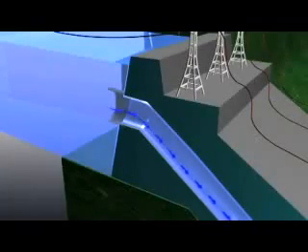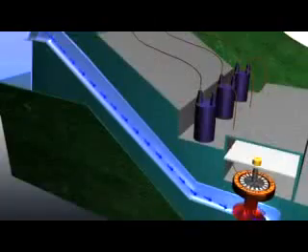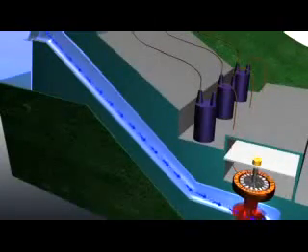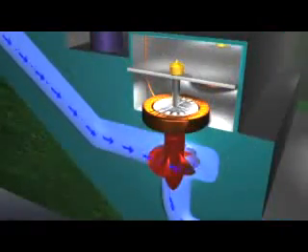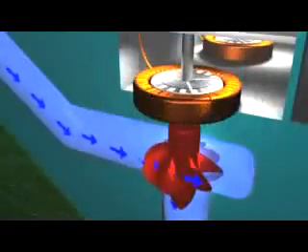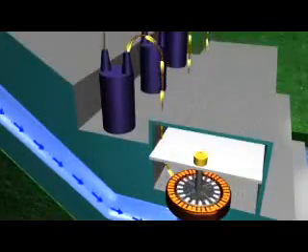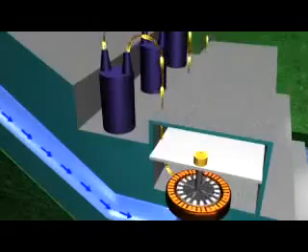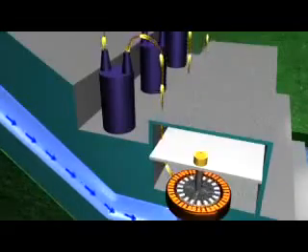The water pressure increases as it flows down the penstock. It is this pressure and flow that drives the turbine that is connected to the generator. Inside the generator, this produces electricity that can be stepped up in voltage through the station transformers and sent across transmission lines. The falling water, having served